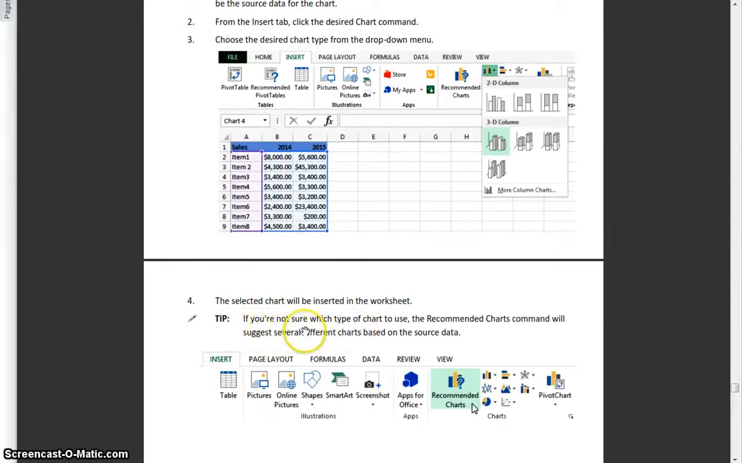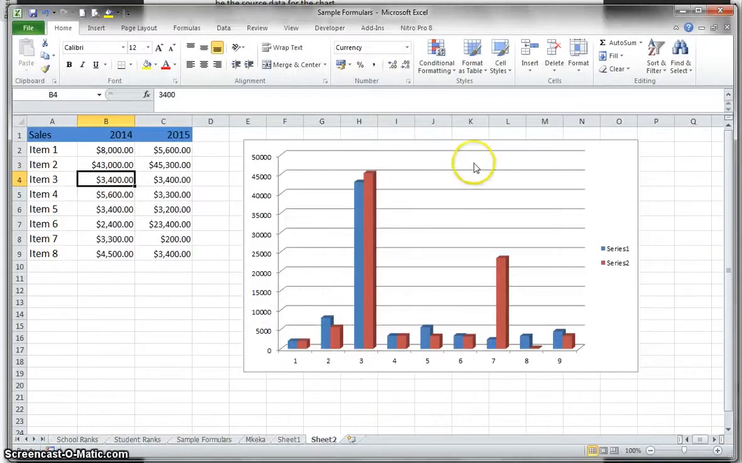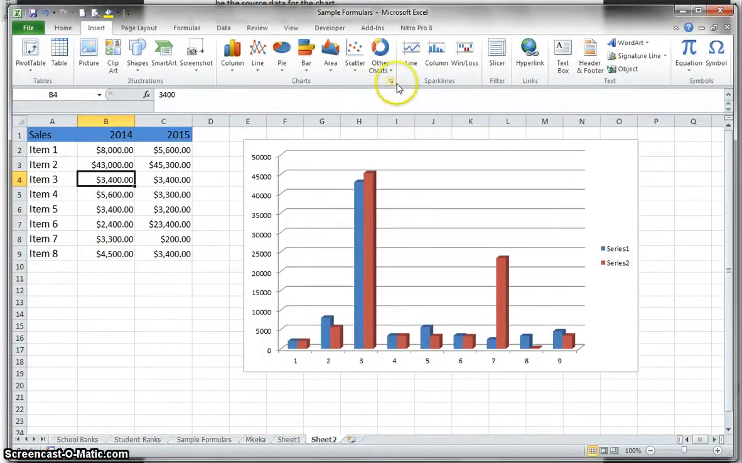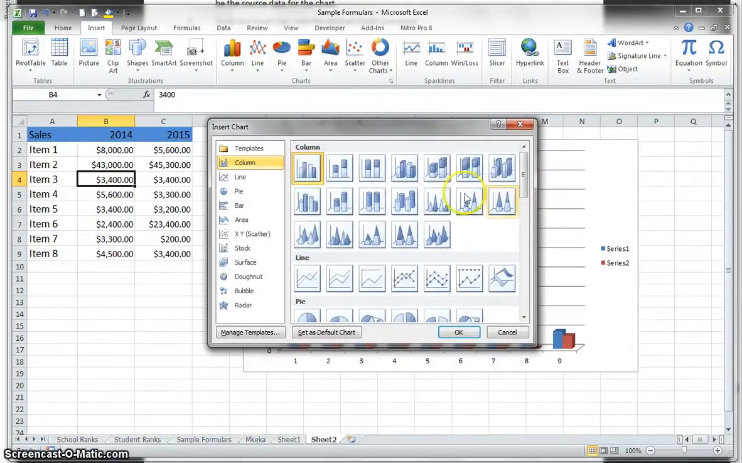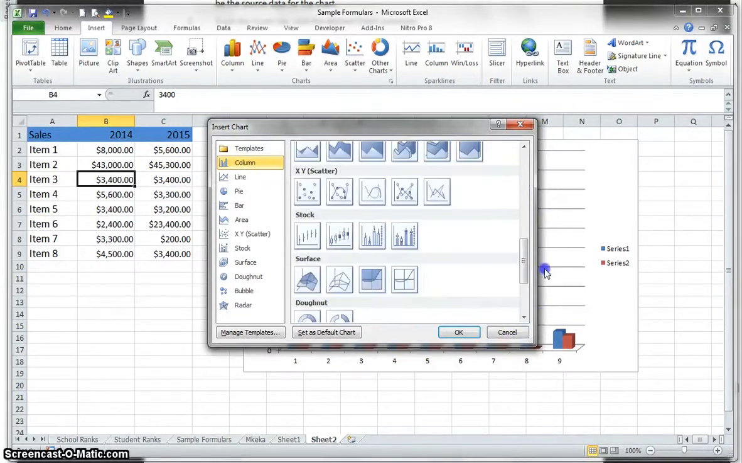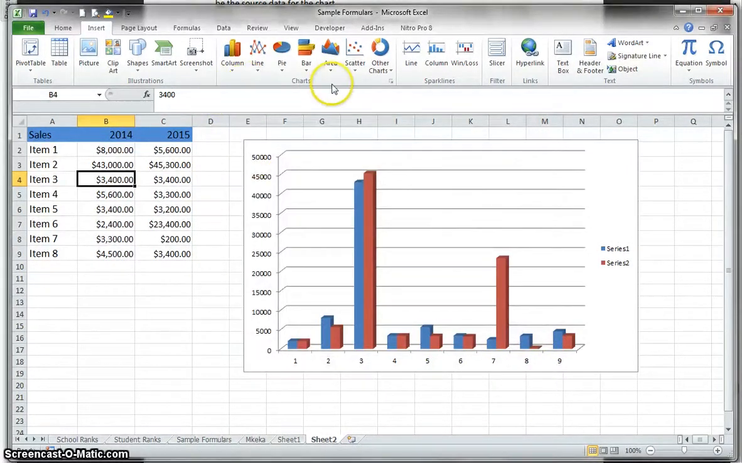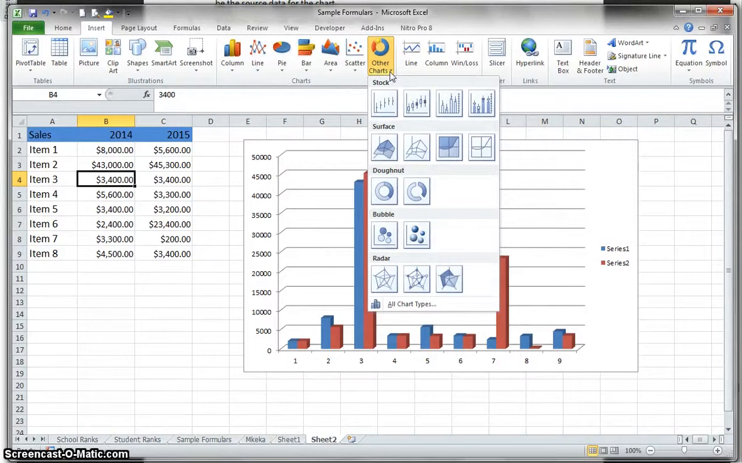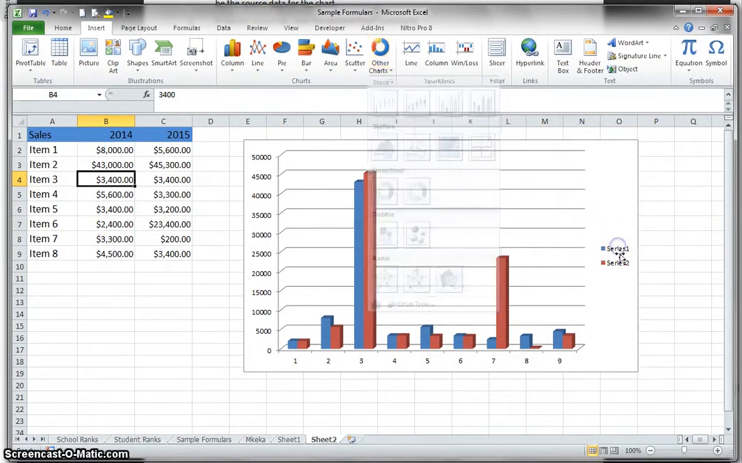If you are not sure which type of chart to use, the Recommended Charts command will always suggest several charts based on the source data. Sometimes we tend to look at the charts and then we look at the recommended charts. If you come here, we have different types of charts. There are a number of them. So even here, we can choose whichever you think is best for the information